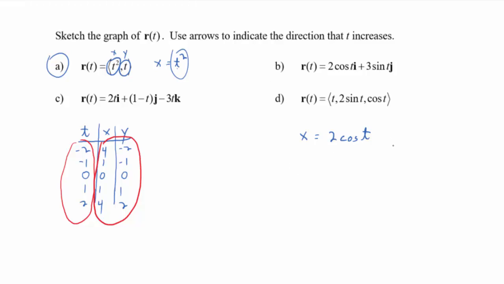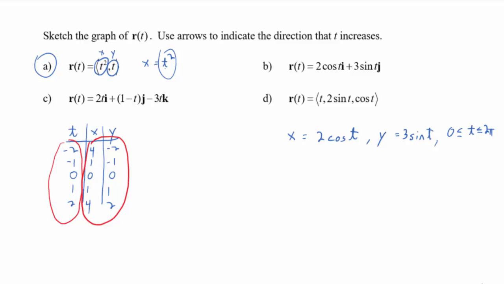And then what's y? 3 sine t. Now, I didn't put restrictions here, but there's no reason to let t go beyond 2 pi. So from 0 to 2 pi would be the natural way to limit t, because anybody remember what this is going to graph to be? An ellipse, right? And the entire ellipse will be carved out over the period of sine and cosine, which is